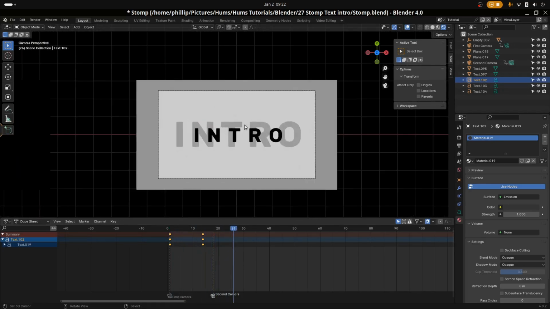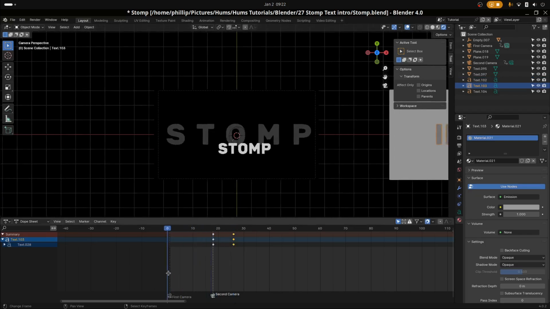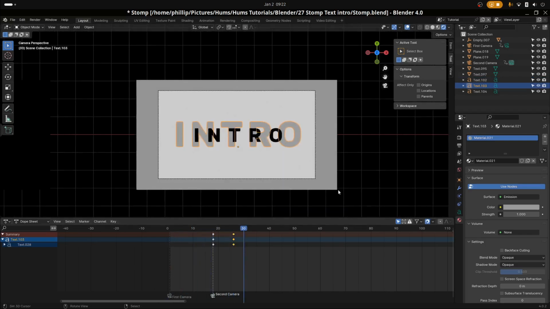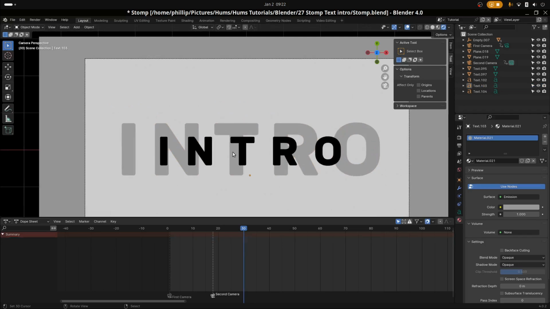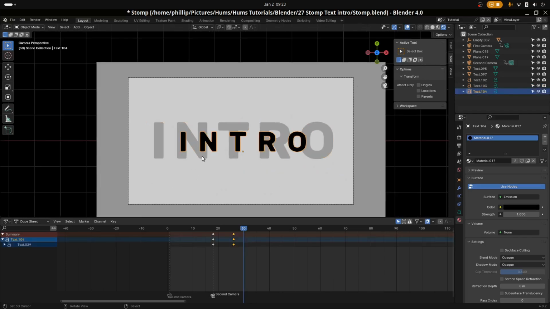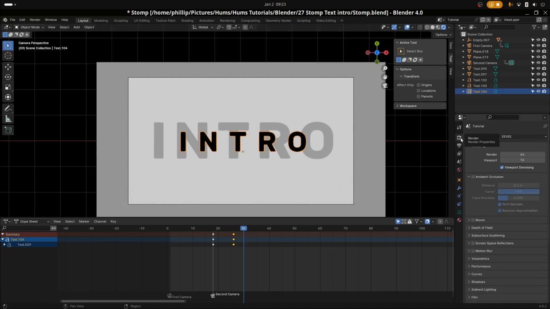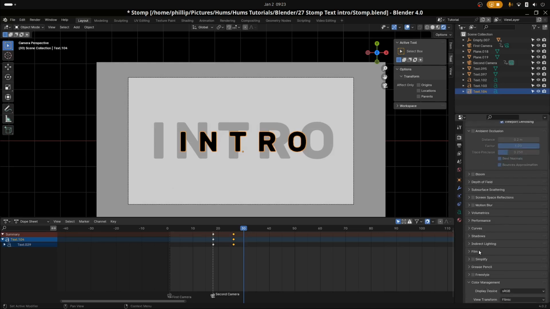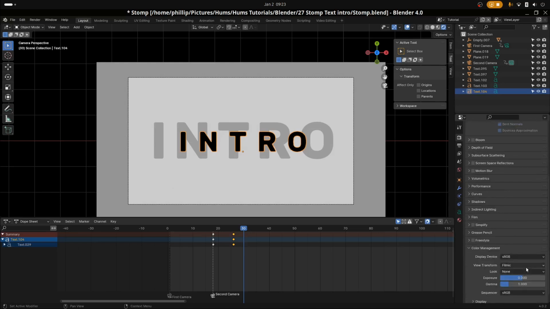We're going to have it stretch out. Cool. So this stretches in, this stretches out. Same animation essentially. No need to really go over it. We've gone over that already. The only thing is that the colors are a bit desaturated because we haven't changed it from Filmic to standard. So let's go to the render options here up top, and we're going to go to color management. We're going to change this from Filmic to standard, and that will give us the colors true to what they're